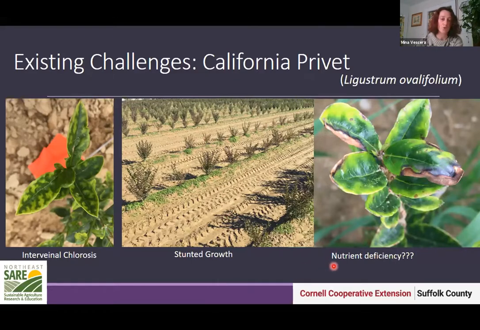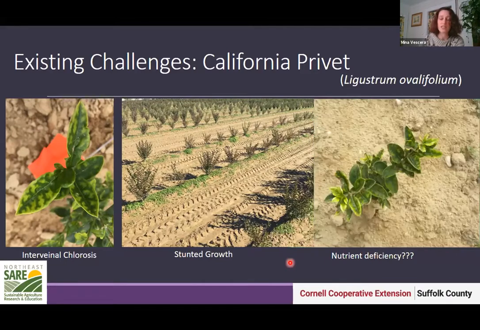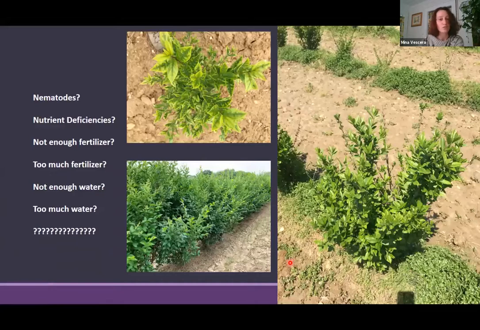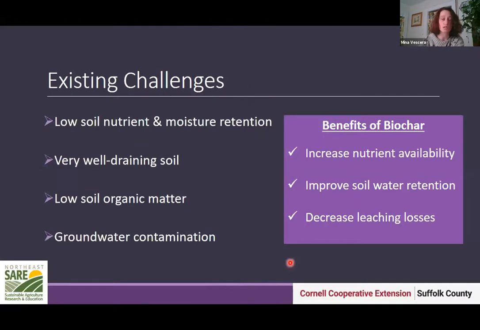And then a lot of the growers are questioning, well, is the interveinal chlorosis because of a nutrient deficiency? When the entire plant looks chlorotic, it can be difficult to tell. We've done everything under the sun to try and figure out what is causing the stunting, what is causing the chlorosis. We've looked at nematodes, we've looked at deficiencies. So that means soil and tissue testing. We've questioned, is it too much fertilizer? Is it not enough fertilizer? I'm questioning if they're experiencing a lot of drought stress, and so there's injury to the root, so it's not allowing the plant to function the way it should. So a lot of questions, and so that's why we thought this would be a great candidate to test with